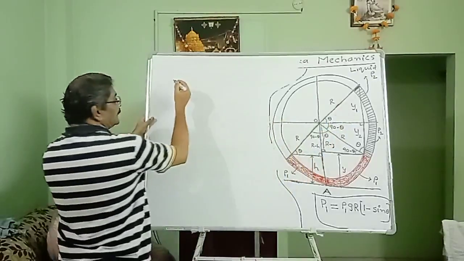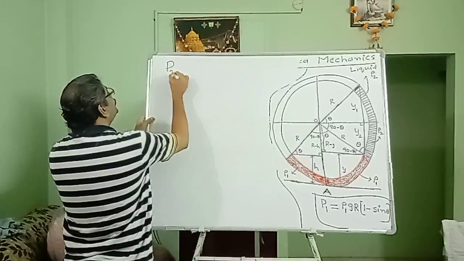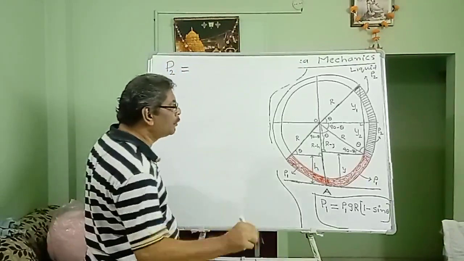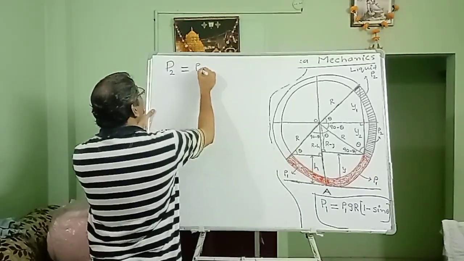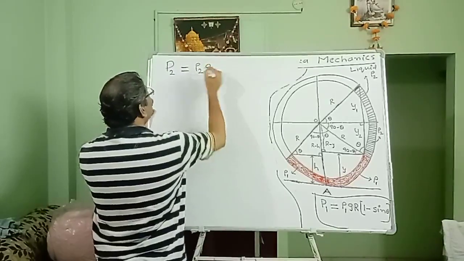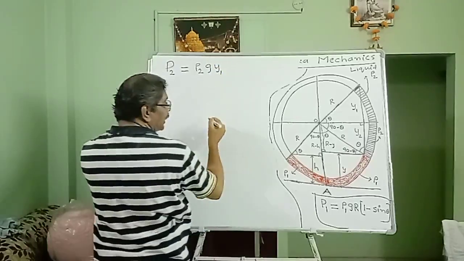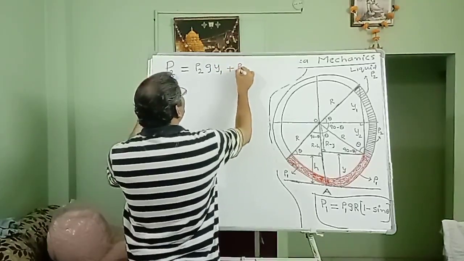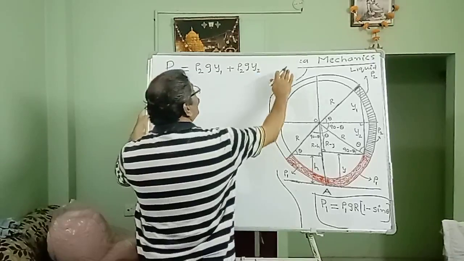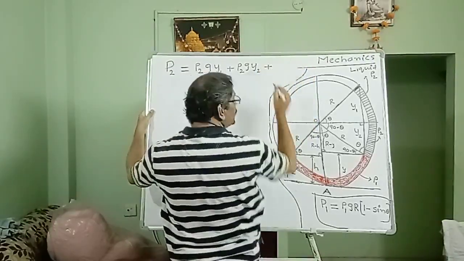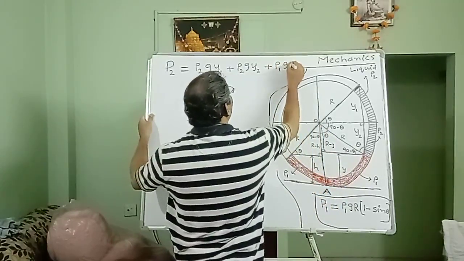By looking at the diagram, I can write P2 will be numerically equal to rho 2 g multiplied by the vertical height y1 plus rho 2 g multiplied by y2 plus the third term, rho 1 g multiplied by